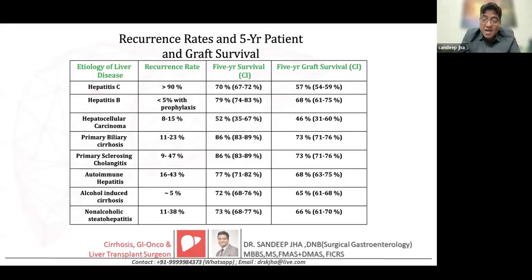Hepatitis C virus can again damage the liver if the patient has not been treated for hepatitis C. Cancers can come back, primary biliary cirrhosis can come back, autoimmune hepatitis can come back. Patient can go back to alcohol and damage his new liver. So we have seen all of these things happening after a liver transplant, and that's why it's very important that